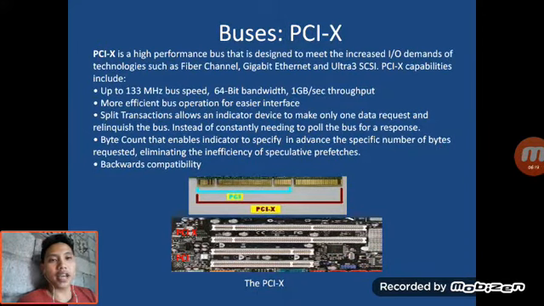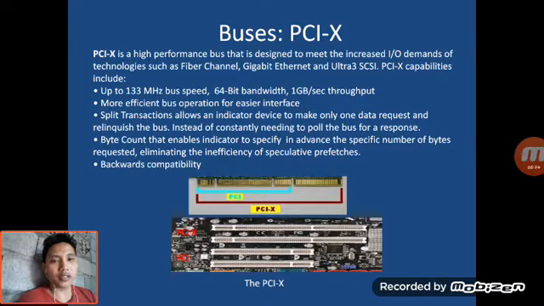PCI-X is a high-performance bus that is designed to meet the increased I/O demands of technologies such as Fiber Channel, Gigabit Ethernet, and Ultra 3 SCSI. PCI-X capabilities include up to 133 MHz bus speed, 64-bit bandwidth, 1 GB per second throughput, more efficient bus operations